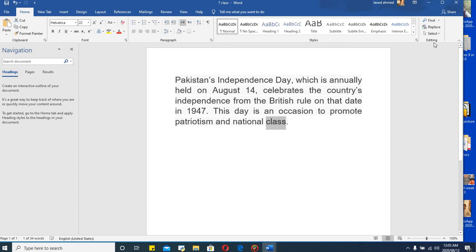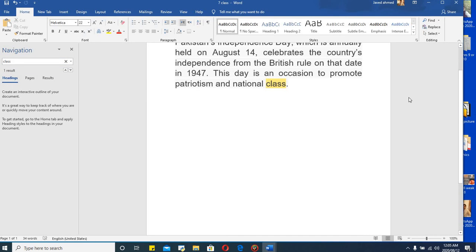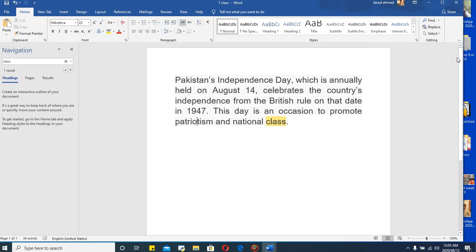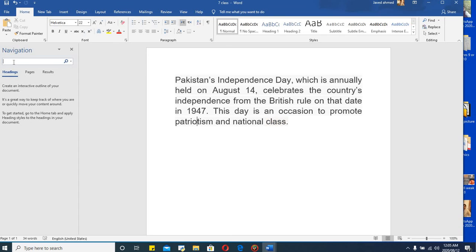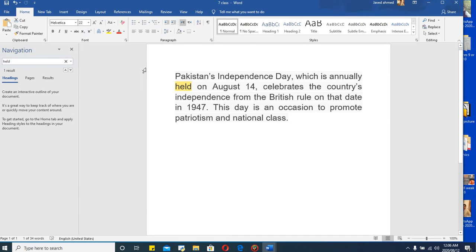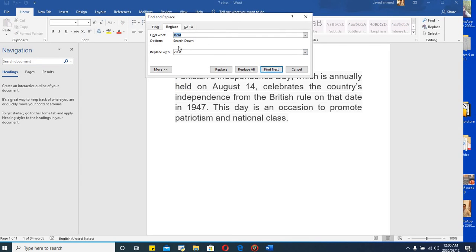Another way to find a word: the command is Control plus F, used for finding. In this, choose the word held and write it. It finds the word held in the document. Then replace it with another word. Click Replace, choose held and replace it with my name,